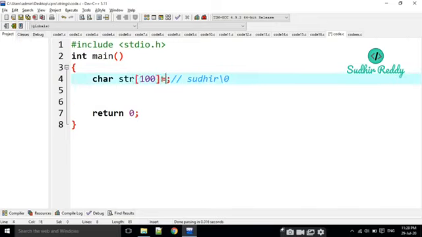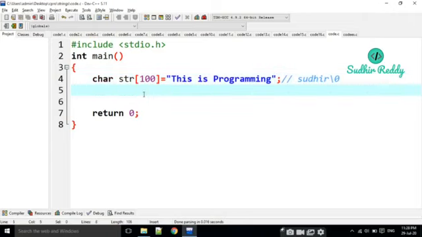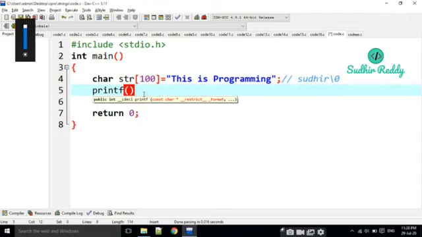How are we going to read here? I am going to read "this is programming", like this, and now I am going to print. %s is the specifier for strings here.